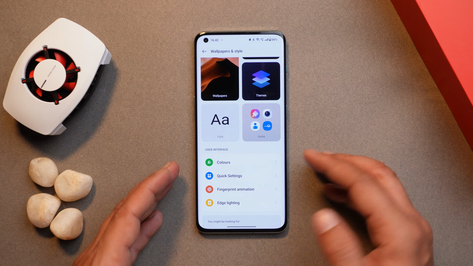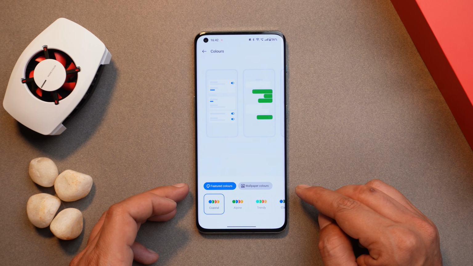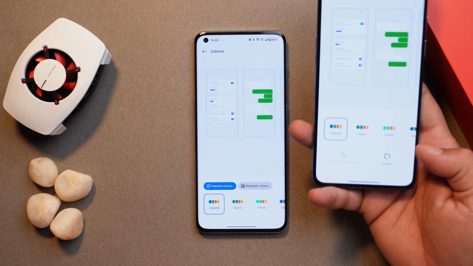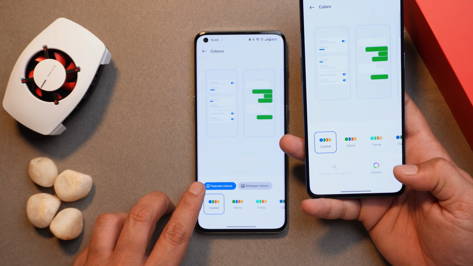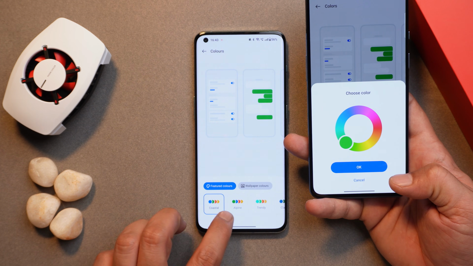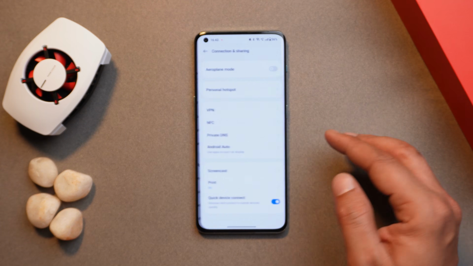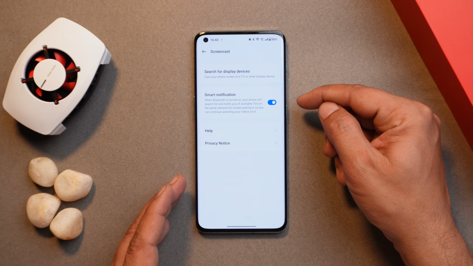Next, if you go to wallpapers and style under color section, now we have an additional option called featured color. Previously there were two options. One was wallpaper color picking and the second was custom colors. But now we have an option of featured color, from where you can select multiple color palettes for your system theme. Then under connection and sharing, if you go to screencast, here there is an option called smart notification, which